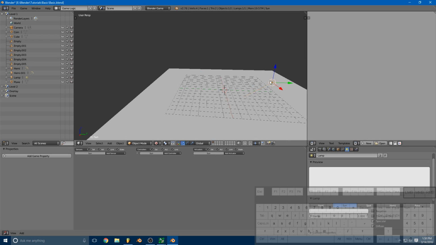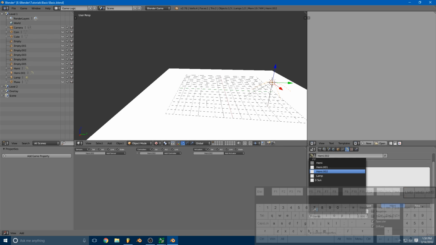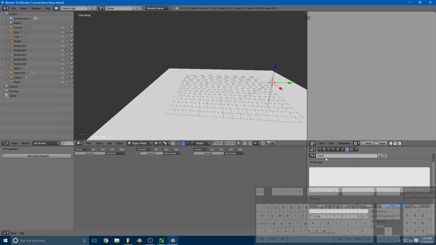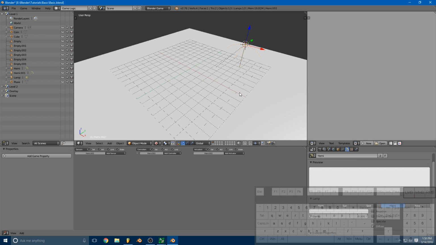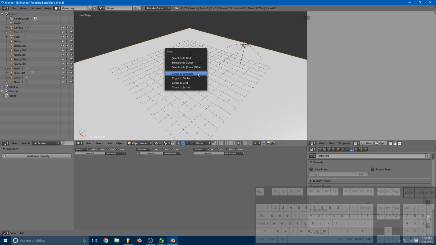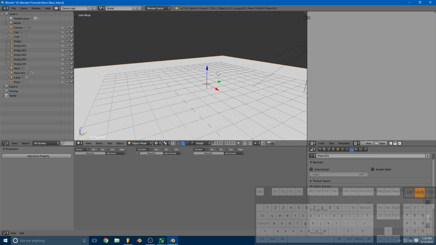Let's go ahead and move the cursor to the sun lamp, so hit Shift S, cursor to selected, then hit Shift A, add lamp Hemi, and we're going to use the same as the first one, so just regular old Hemi. So now we're going to select the plane, hit Shift S, cursor to selected,